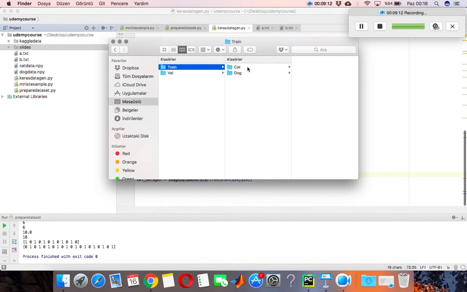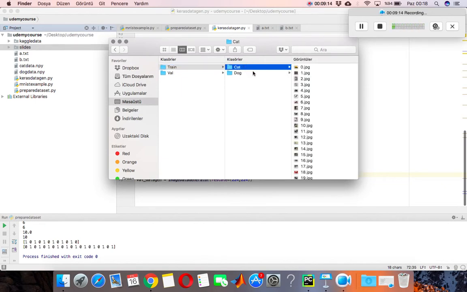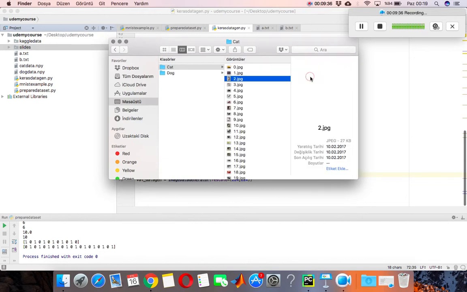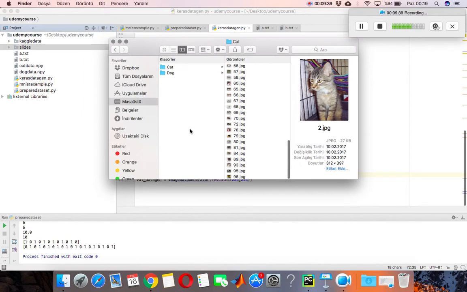So the aim is separating training data and validation data in folder. We won't be dealing with code for separating them into training and validation data. We don't need code to separate them. So in the cat folder we have 70. In the training cat folder we have 70 images,